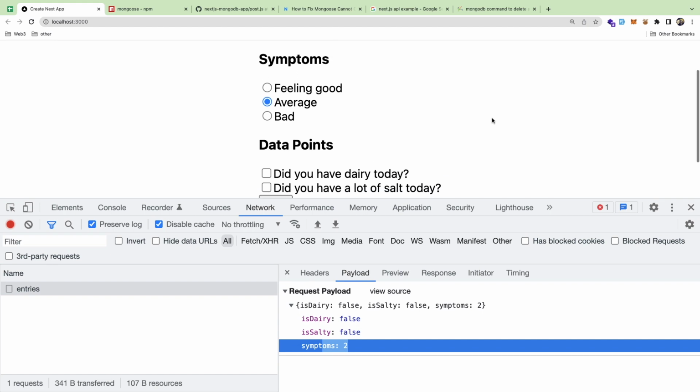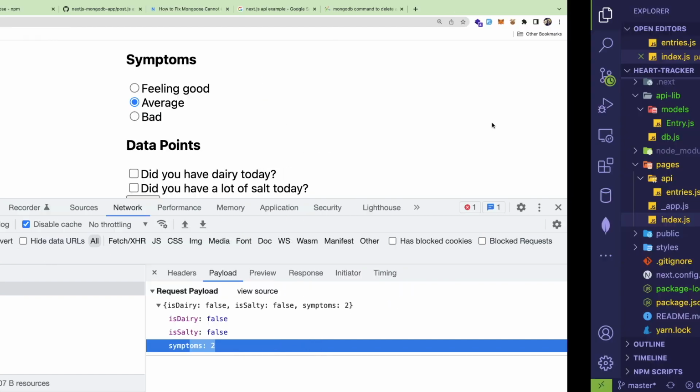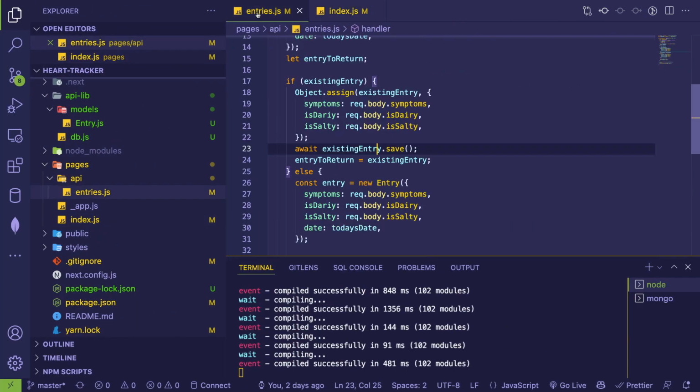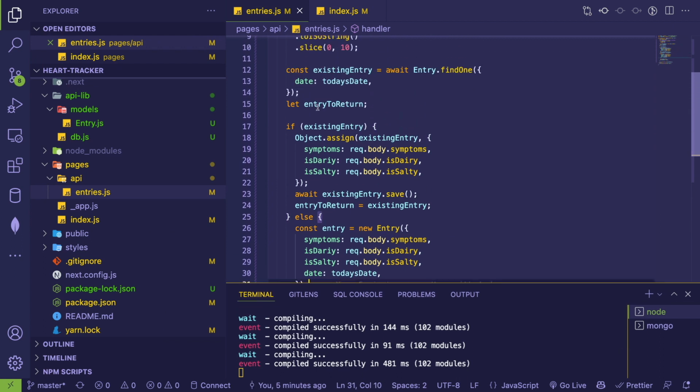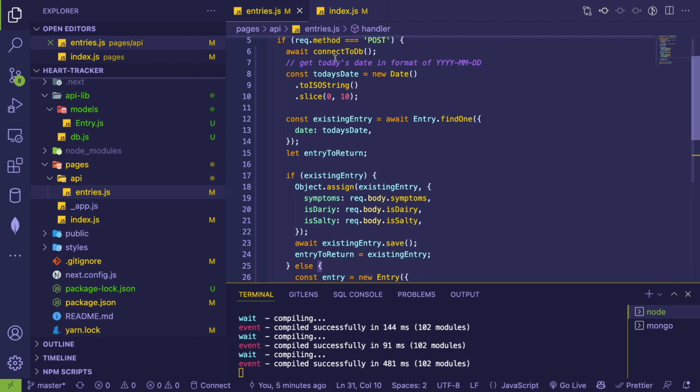All right, well, I'm gonna wrap this up. I think we made some progress. I know we hit a ton of snags along the way, a lot of frustrations for me, but at least we have this thing kind of creating an entry in Mongo and updating it if we keep on doing consecutive